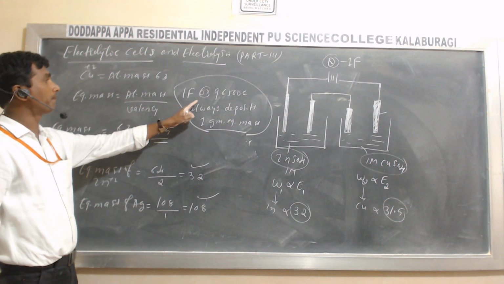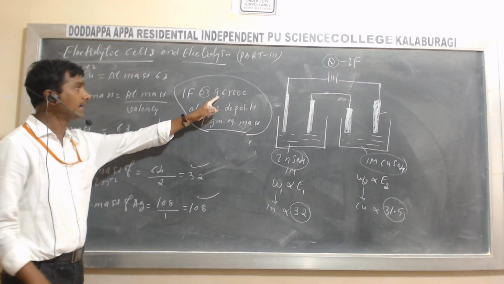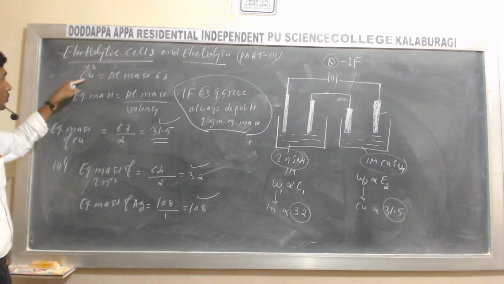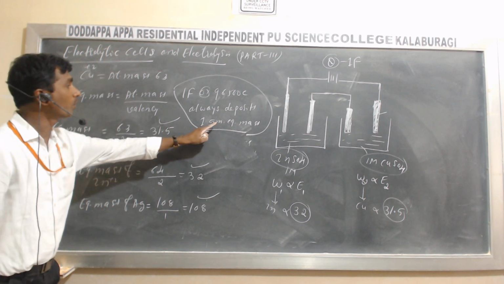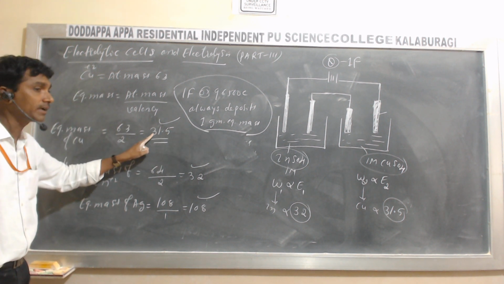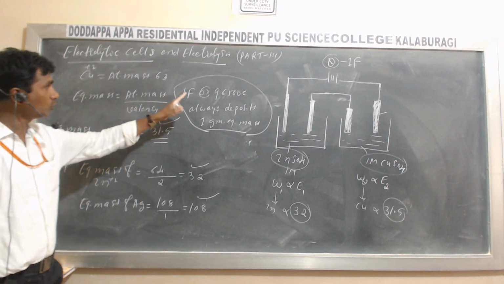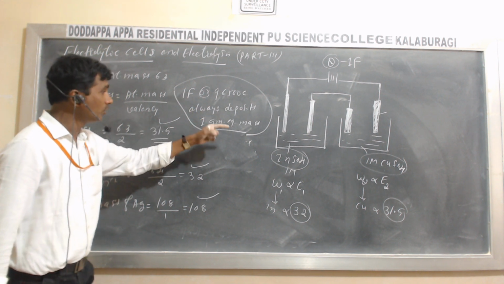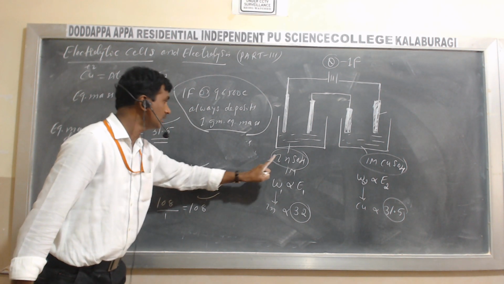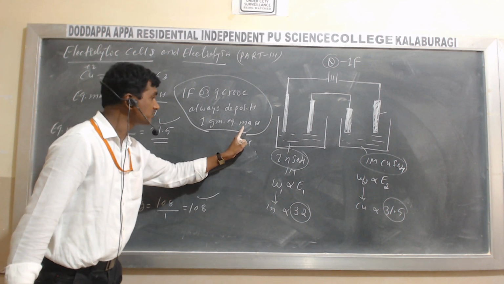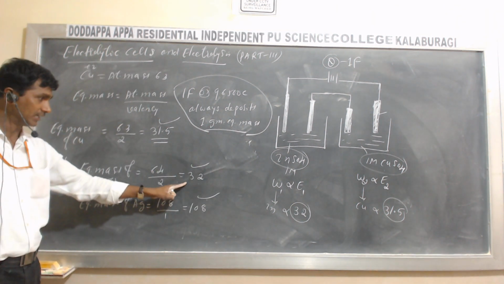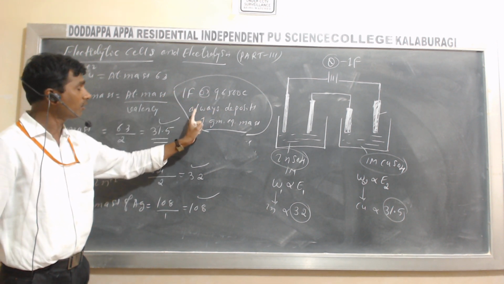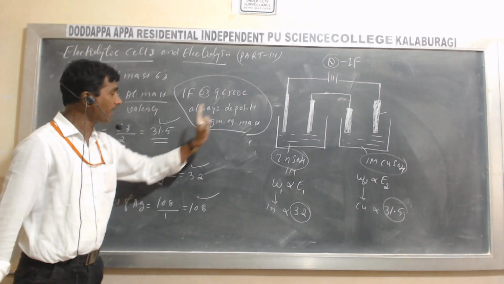mass. So for example, suppose you supply 96,500 coulomb of charge to copper sulfate solution, where 1 gram equivalent mass of copper deposits, that is nothing but 31.5 gram. Even though 96,500 coulomb of charge is supplied through zinc sulfate solution, 1 gram equivalent mass of zinc deposits, that is nothing but 32 gram. Even though 1 Faraday or 96,500 coulomb of charge or electricity is supplied through